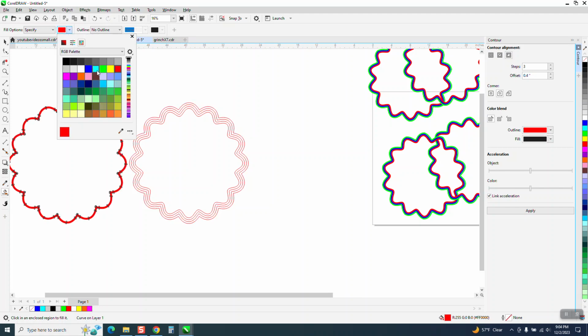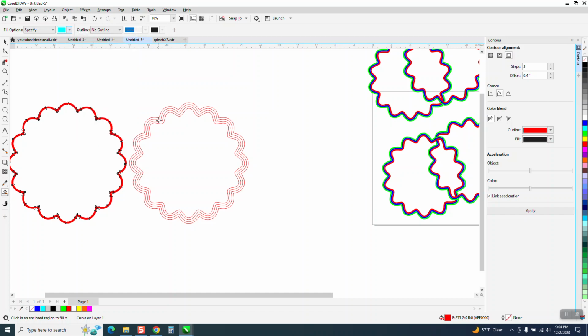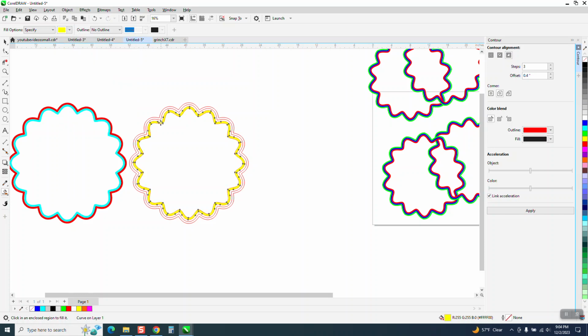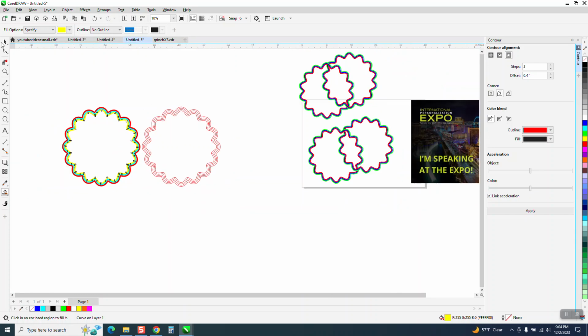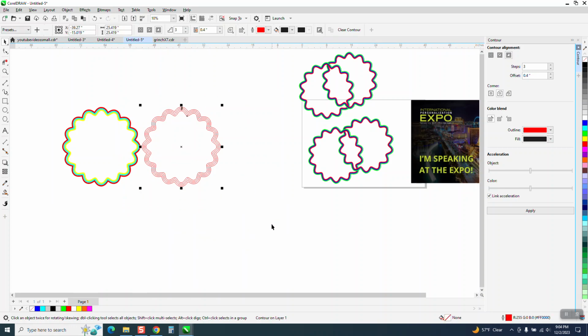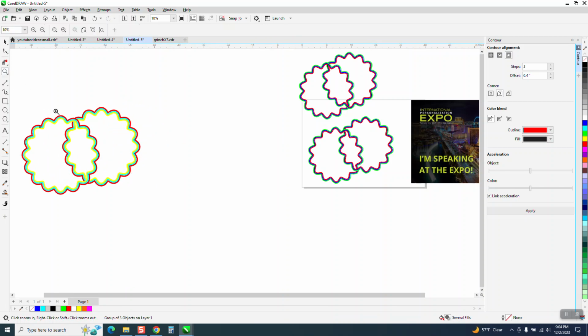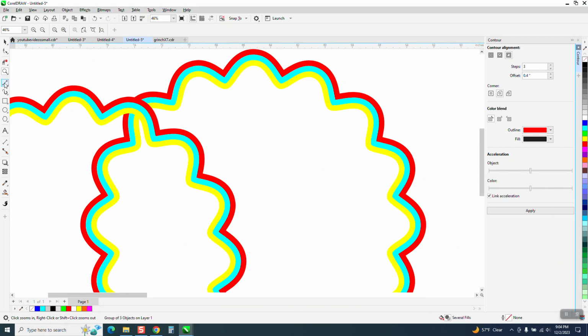I'm not going to use the exact colors he did. Nudge it over, change your color, and nudge it over. So now, Control D, just delete that. Control G to group, Control D to duplicate, and then let's move this up. We'll go the same direction. I don't know if I'm going to like that yellow, but